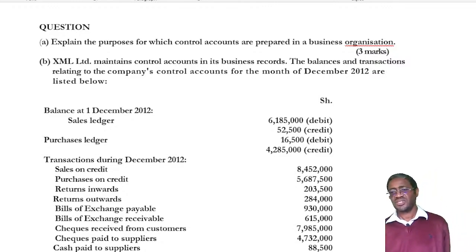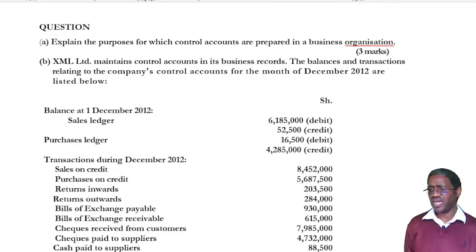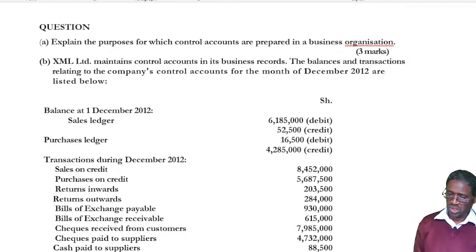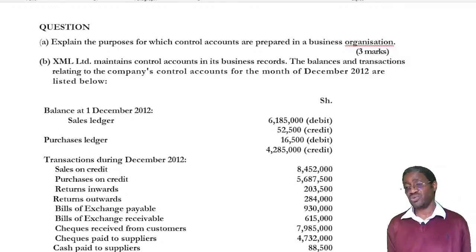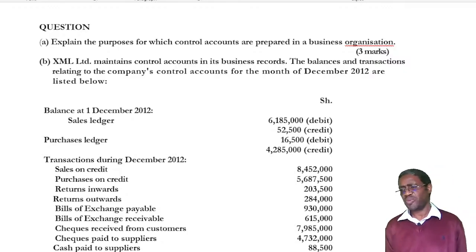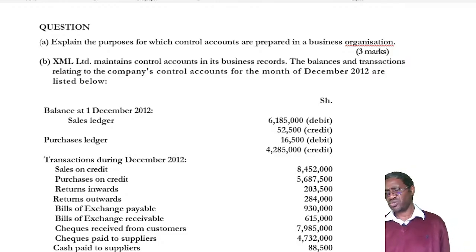Good. So I'm through with part A of that question. Those are some of the reasons why we prepare the control accounts. So let's do part B of the question now. Part B says,